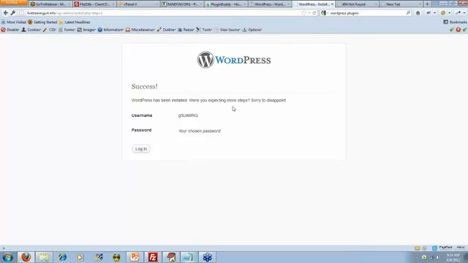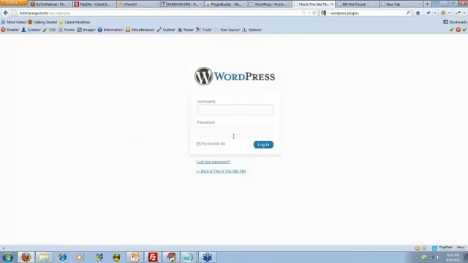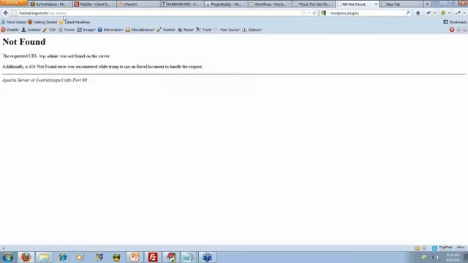Okay, so WordPress has been installed, and it's going to show you again your username if you've forgotten it, but it's not going to show you your password. And you can go ahead and click the login button here, which will take you right to the WordPress login page, and you'll be able to enter that data. If we open up a new tab,